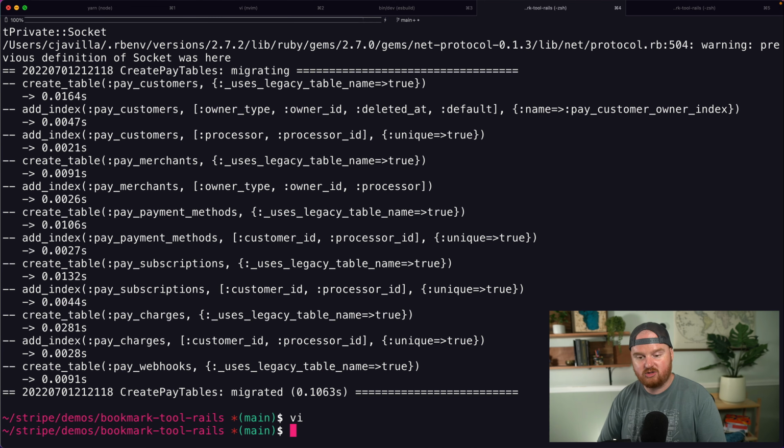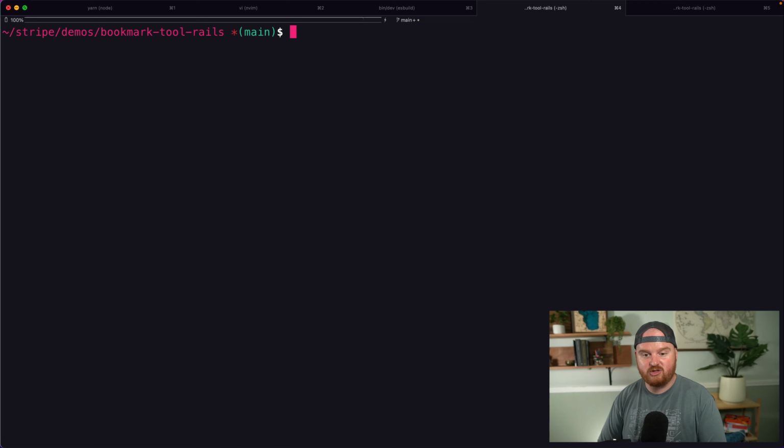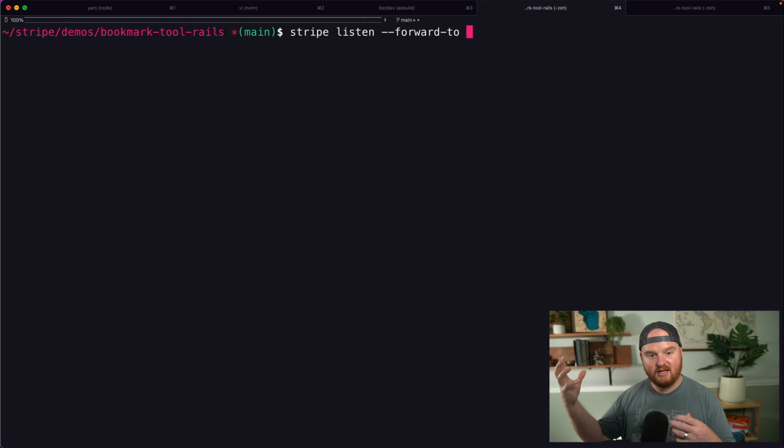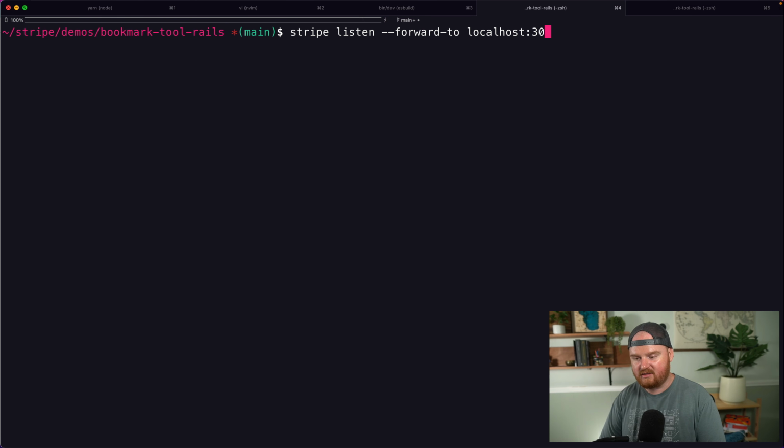So we're going to use the Stripe CLI for this. So with the Stripe CLI, we can say stripe listen --forward-to, and then a local URL. That'll form a direct connection between our Stripe account and our local machine. And when events fire on our Stripe account, they'll be delivered to our local machine. So instead of dropping this in here, localhost:3000/pay/webhooks/stripe,